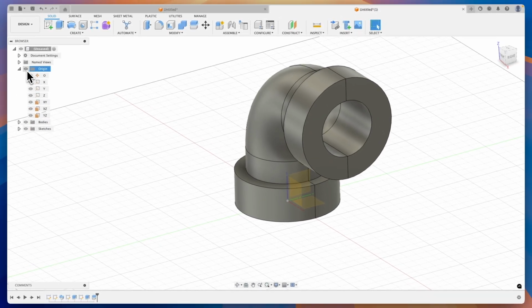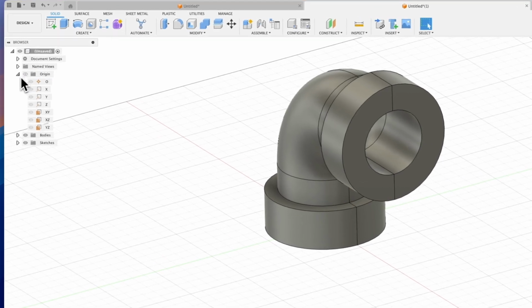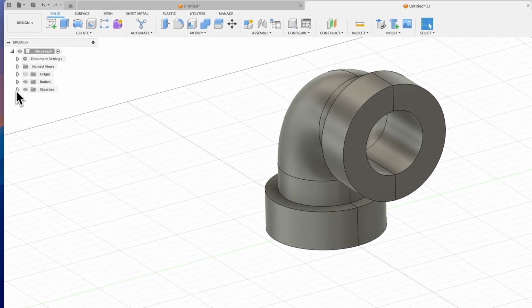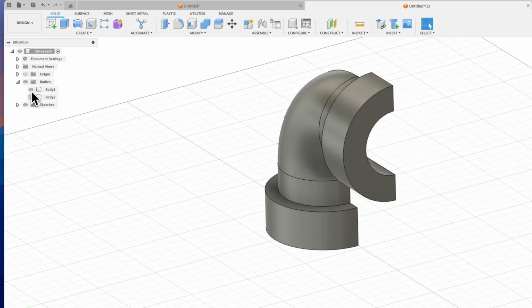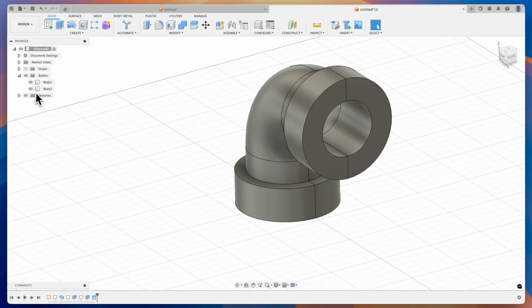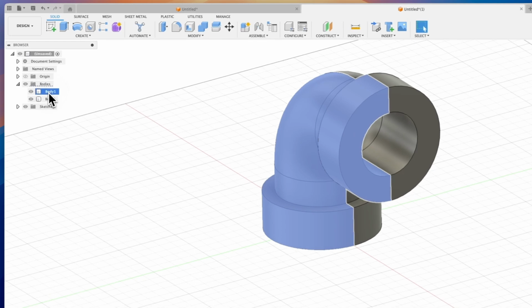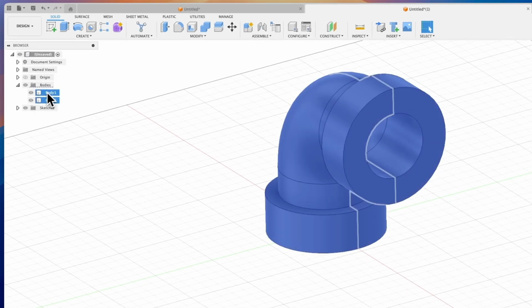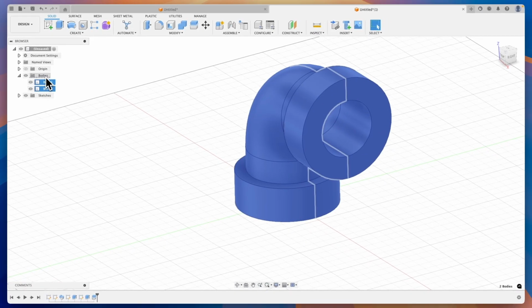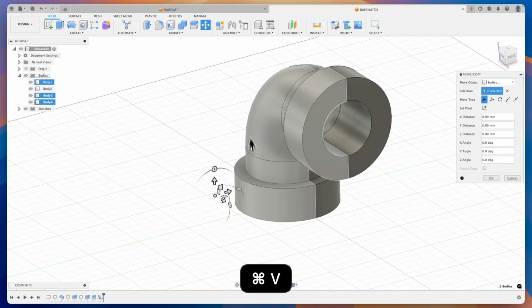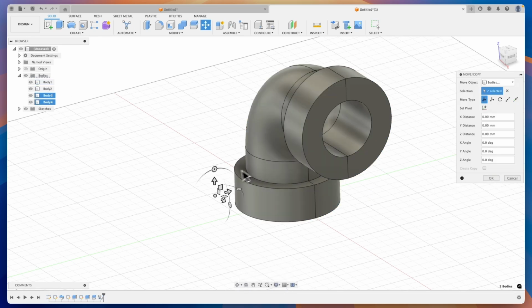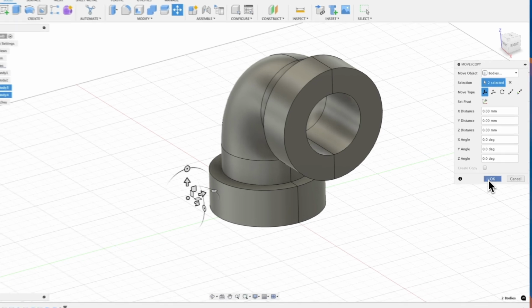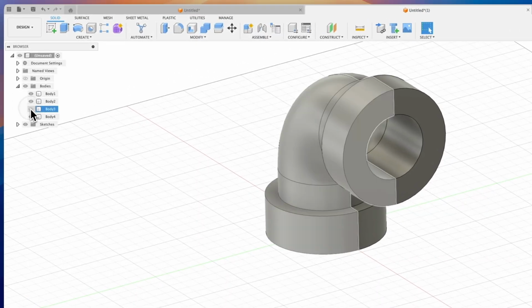I will turn off the visibility of the coordinate systems and go to the Bodies tab. This is how it looks. Of course, if you wanted to keep the original solid, you could copy such a solid before the split. If we didn't do that, we can do it now. We select these two solids, press Ctrl+C, Ctrl+V, and here click OK to copy these solids in the same place. We have additional copies of this solid here,